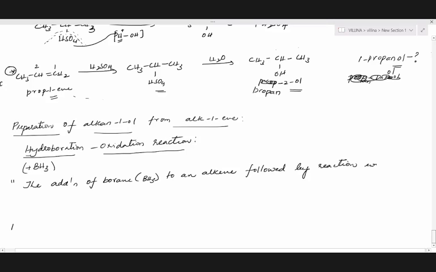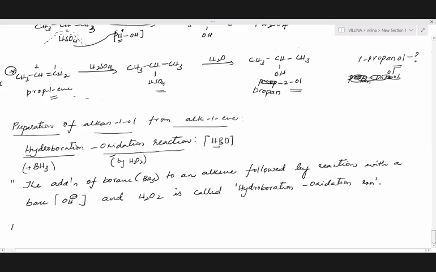I'll give you the statement, and step by step I will let you know the mechanism. The addition of borane, that means BH3, to an alkene, followed by reaction with a base, that is OH minus,